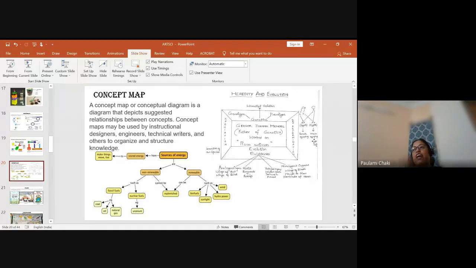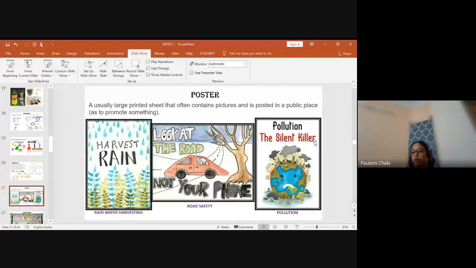So see, art is something which makes you also involved, your children also involved, and both become passionate day by day. Then comes poster making. Poster making is one thing which can be given in lower grades as well as higher grades. In lower grades, we teach them safety, in I think 3, 4, 5, we have this safety topic. So there you can give a poster. You can give posters on latest topics, like pollution, or why to do rainwater harvesting.